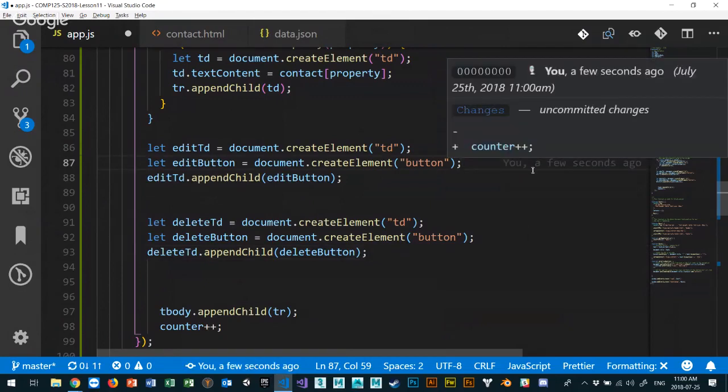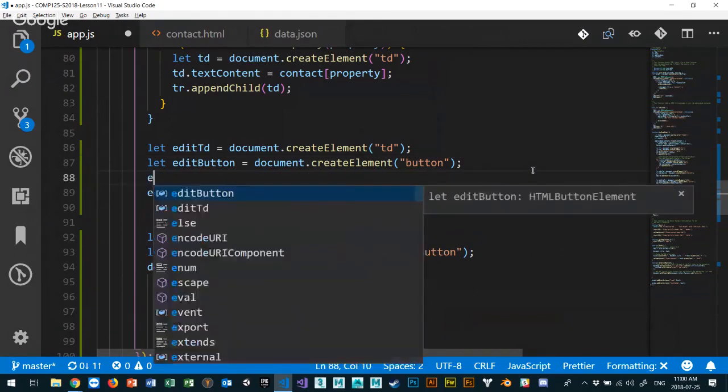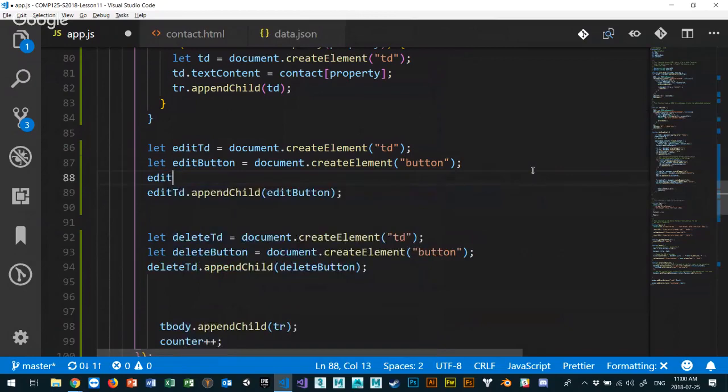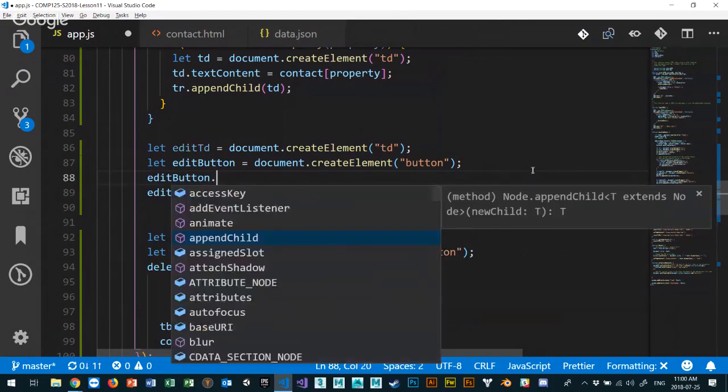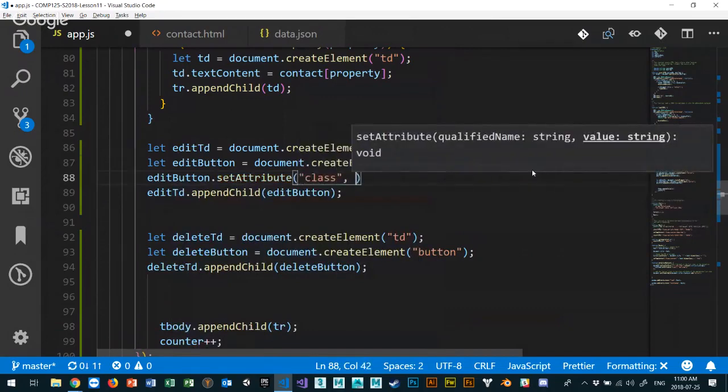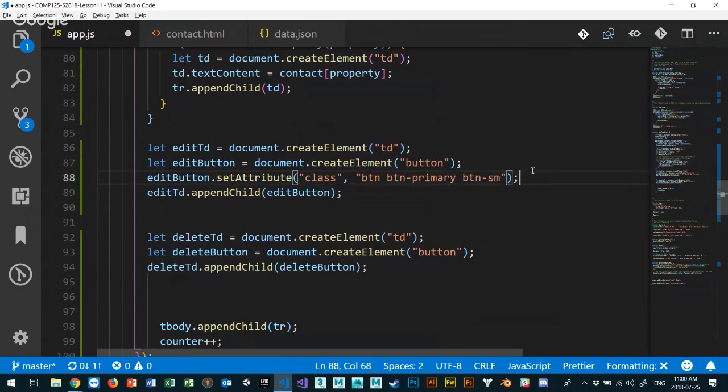So in case of my edit button, I'm going to say something like editButton dot setAttribute. And I'm going to set my class attribute to btn. This is going to be the Bootstrap class. And this is my edit, so I'm going to say btn-primary, right? And then I'll say btn-sm. So I don't want a big button, I want a smaller button. Okay. And for this one, for my delete button,